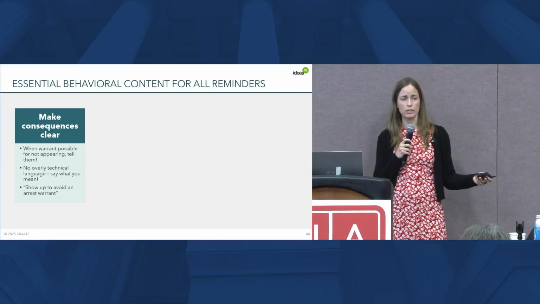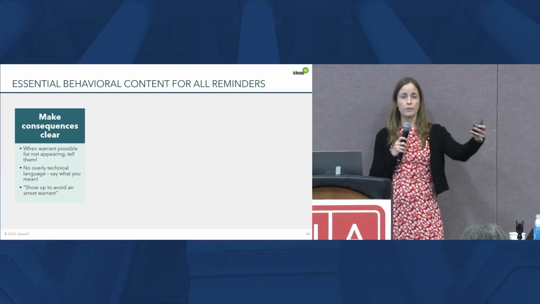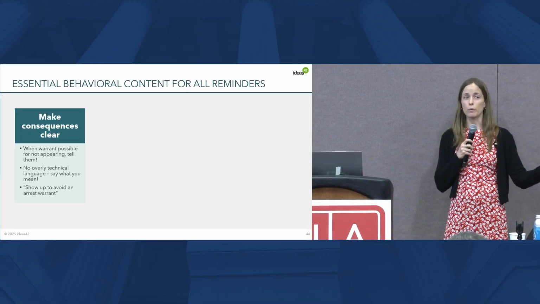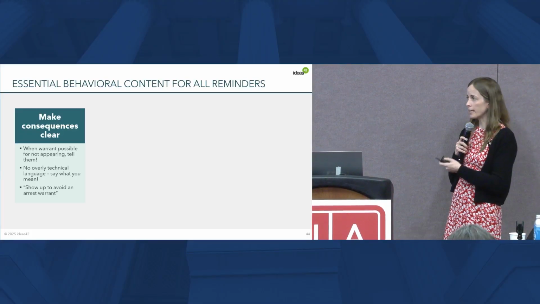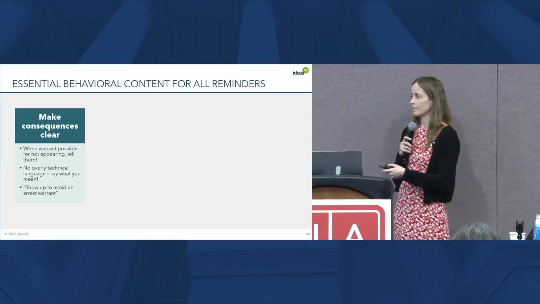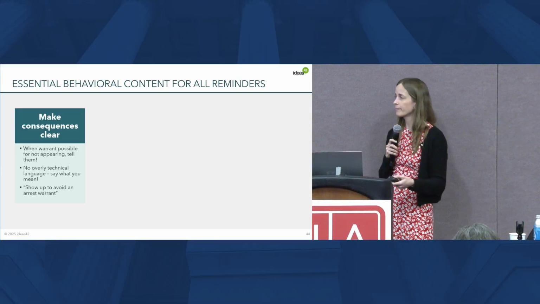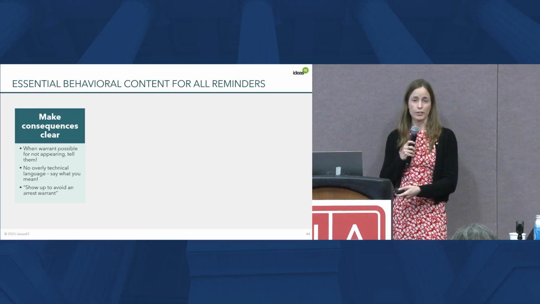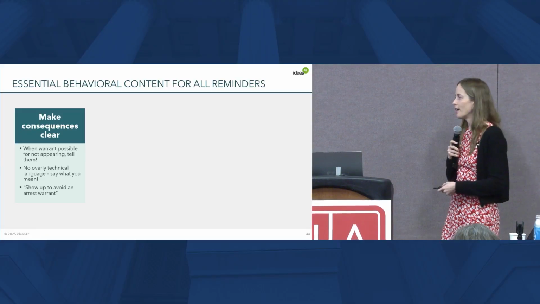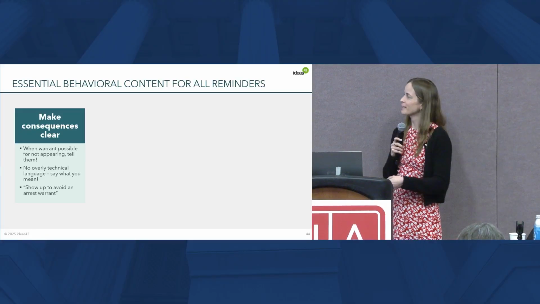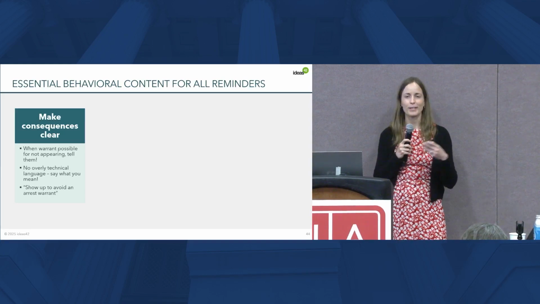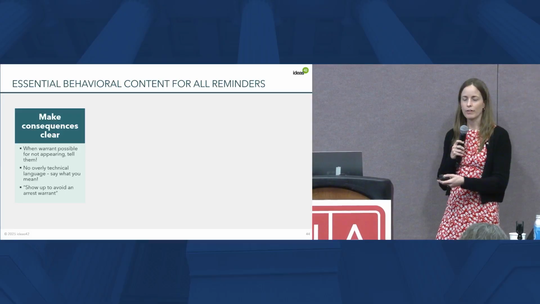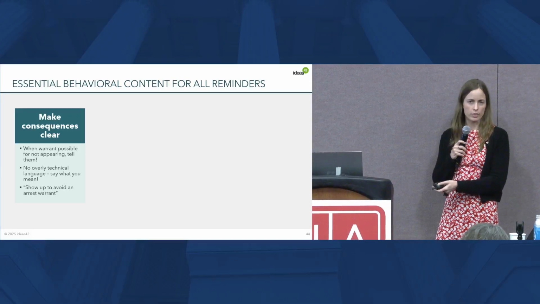The costs of missing court might feel farther down the road. They might feel more abstract, or people might not even know what the consequences are. So making it really clear can help counteract that problem. And one aspect of that is to not use a bunch of jargon or overly technical language. So Isabel mentioned capias earlier. So use warrant, a word that most people will understand instead of terms that are only understandable to courts.